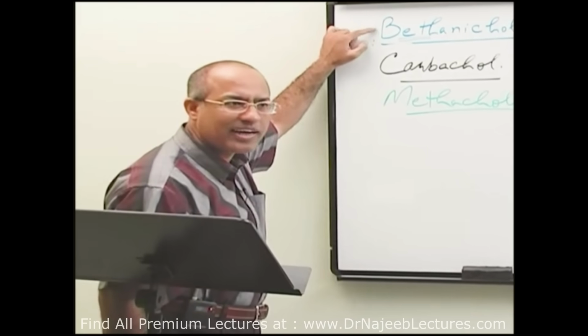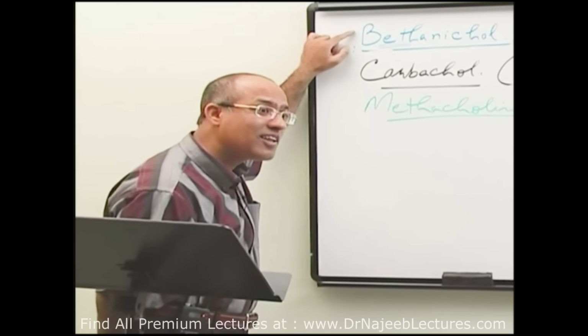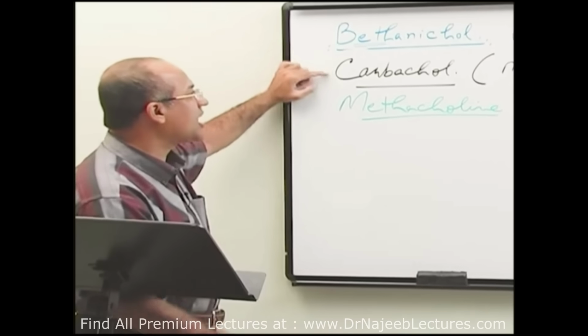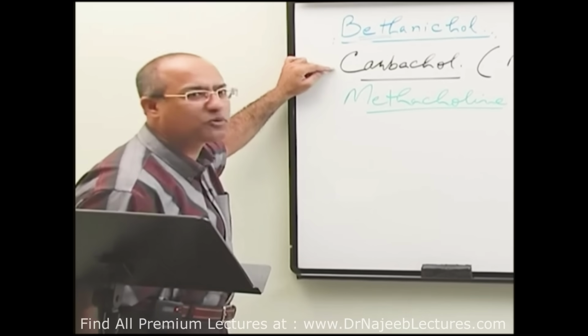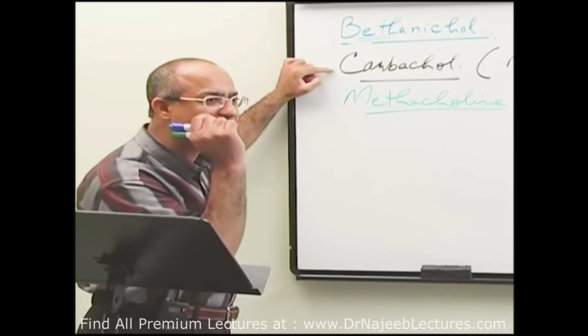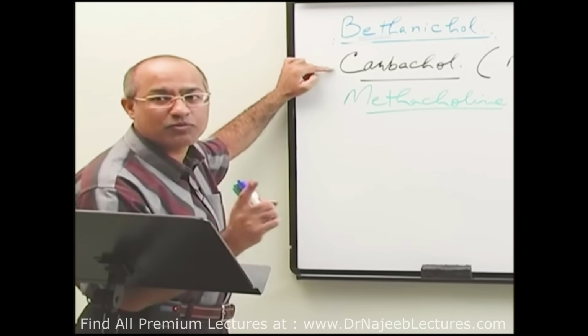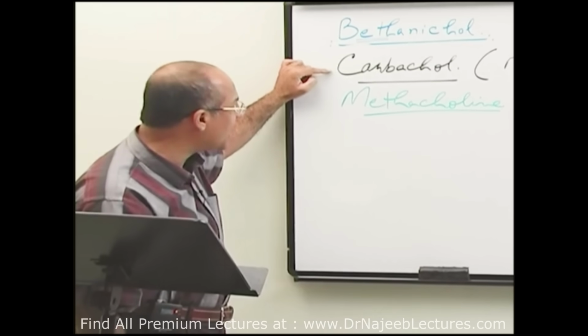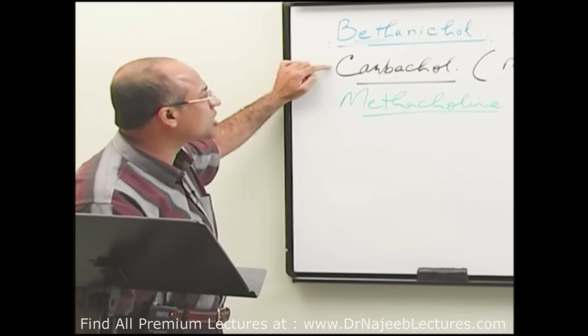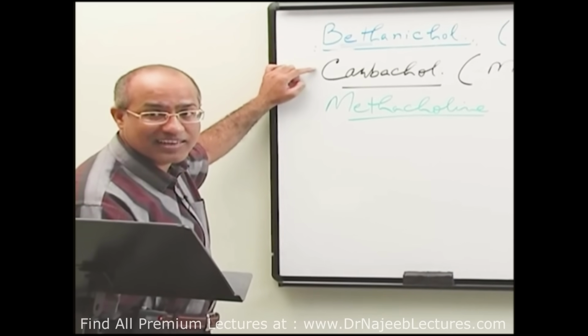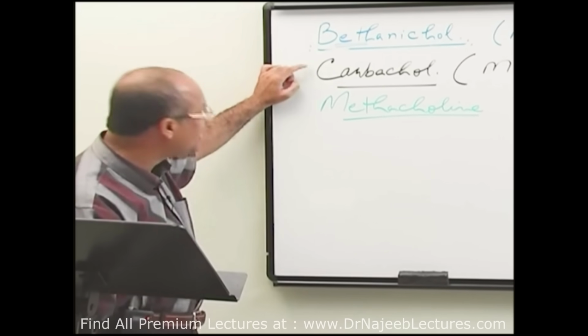Bethanechol activates bowel and bladder. Very good, so easy. Carbachol can activate many things, but we don't want that, right? We put it in the eyes only when pilocarpine and other first-line drugs are not working well. Carbachol can be used in glaucoma as a second-line or maybe last-line drug.